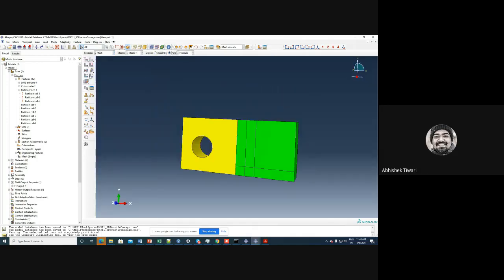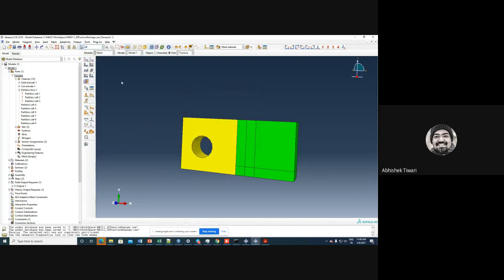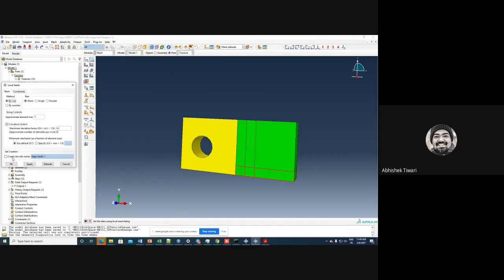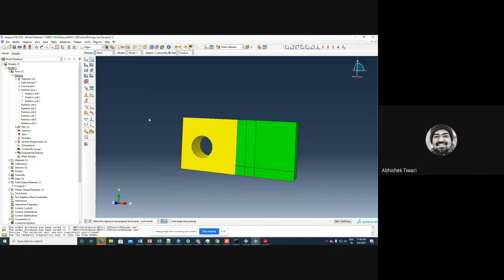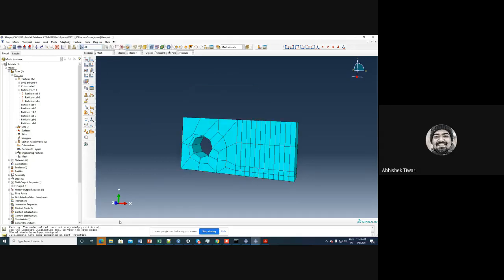Go to mesh. And then, yeah, for simplicity, let's define global. No, that will be too much. So let us define local here and here, and not very fine. 1 mm is actually too much, but because I don't want the computer to take all the resources, so I'm giving it a very coarse mesh.